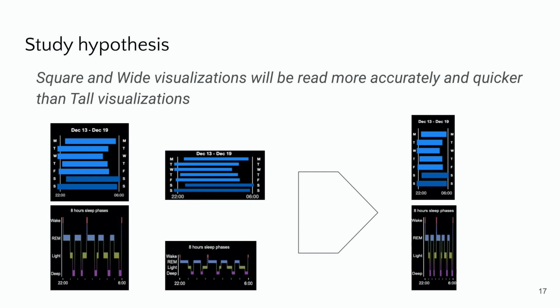Our initial hypothesis was that square and wide visualizations will be read more accurately and quicker than tall visualizations due to their increased horizontal size for showing differences in the bar length direction. Results: